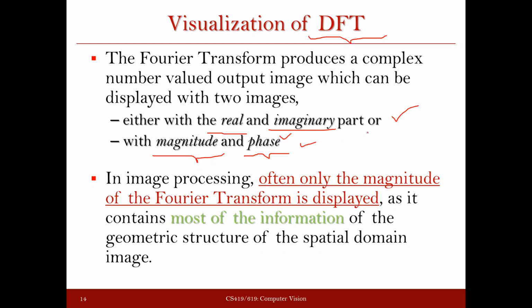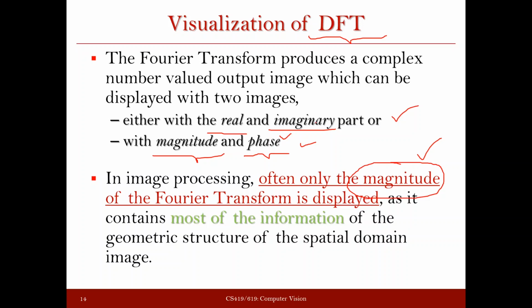Okay, and in most cases we'll find that magnitude gives enough information to analyze the signal. So most of the time we'll just plot the magnitude and analyze it. But let us discuss this first case first. When you have both real and imaginary parts, only then, if you take these values and perform the inverse Fourier transform, will you get the original function.